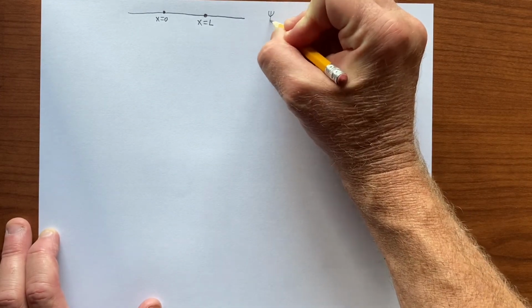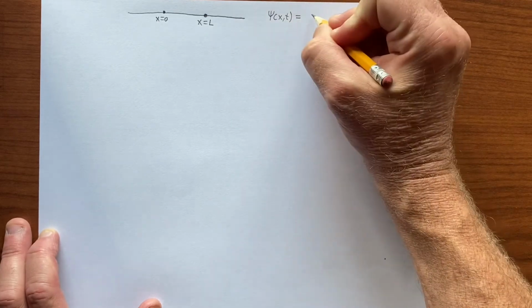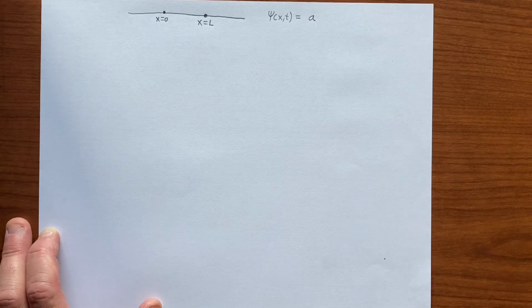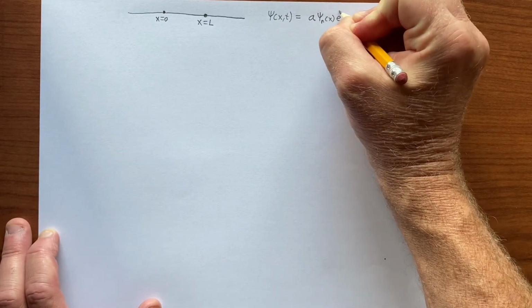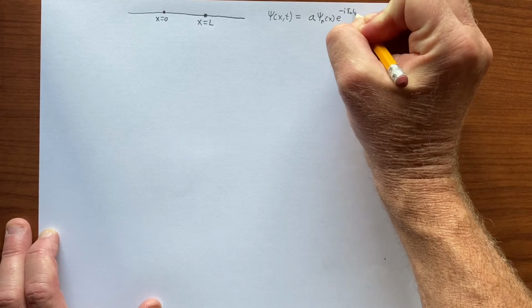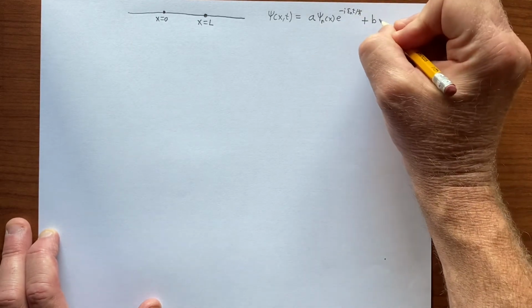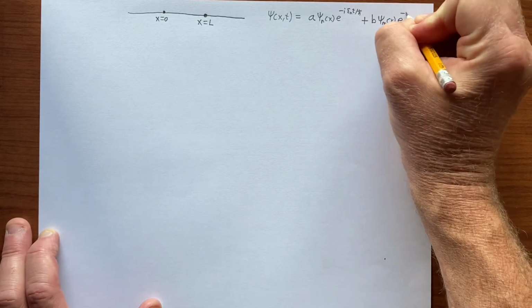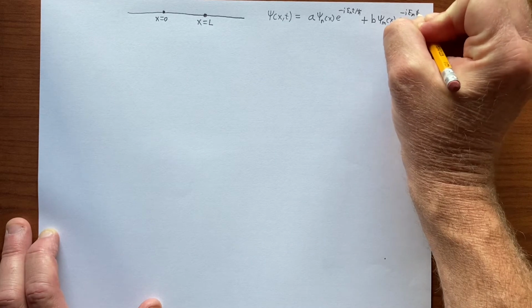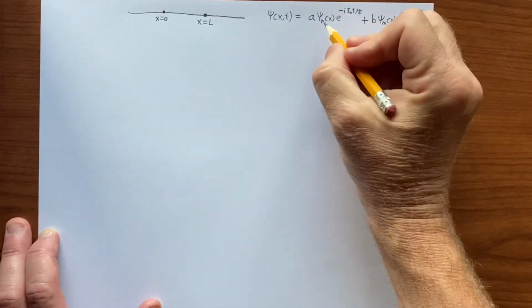So let's consider states of this sort. We have A psi n of x e to the minus i E n t over h bar plus B psi m of x e to the minus i E m t over h bar, where psi n and